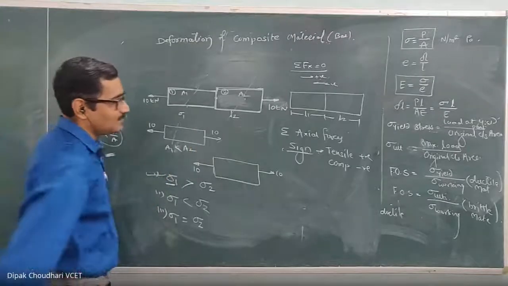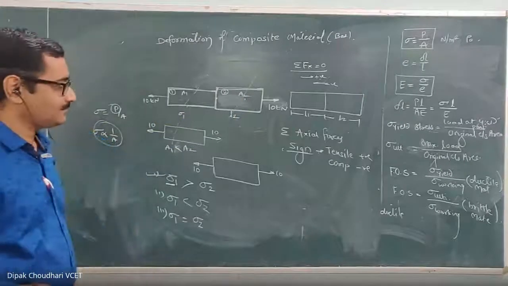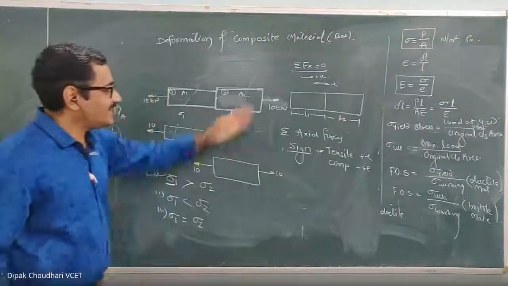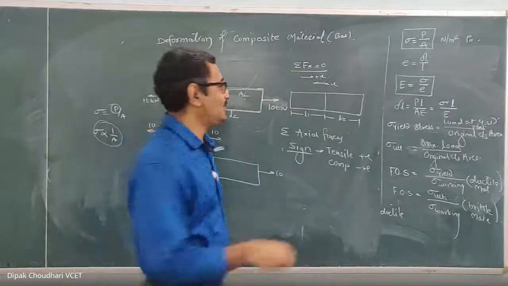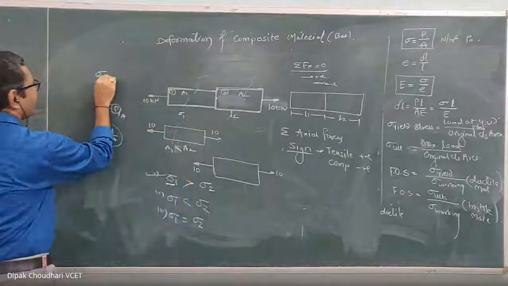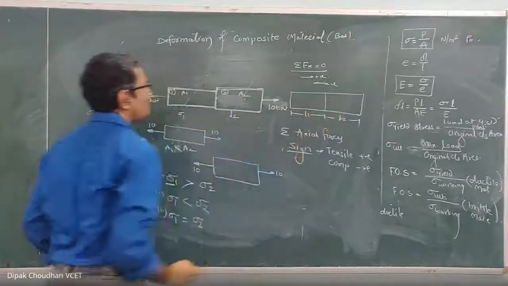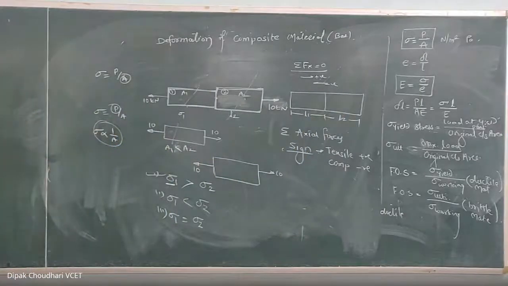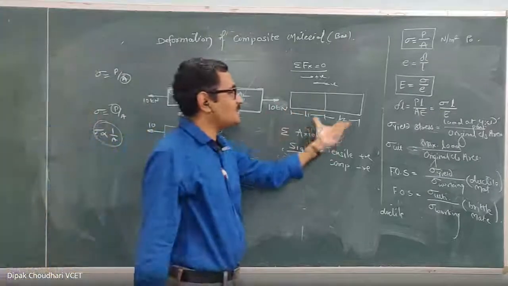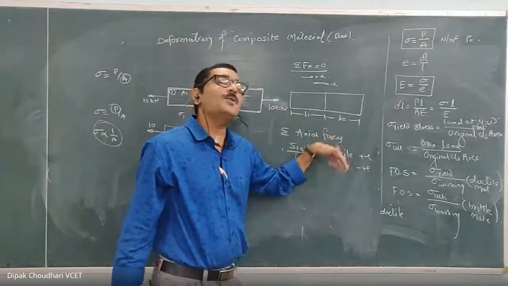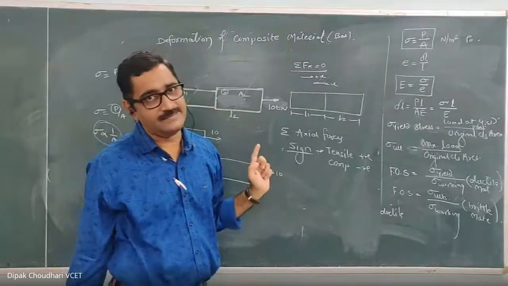Understood? Okay. Provided this axial force should be same. Now, second case I have considered, then there is a same cross-sectional area. If the area is same, listen to me, stress equal to P upon A. If the area is same in both the parts, or any number of parts, the stress is directly proportional to the P. The part with more axial force, the more stresses will induce in that particular part, provided A should be constant.